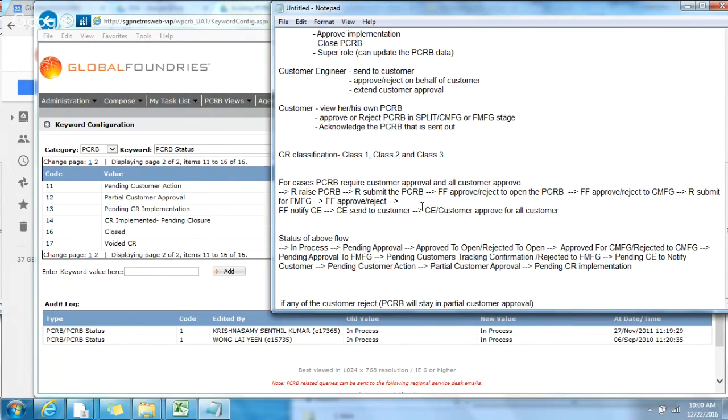So at this particular stage, customers approve one by one until it is all approved. So at this particular stage, there are two statuses: partial customer approval and pending CR implementation. So here, what happens is after this,